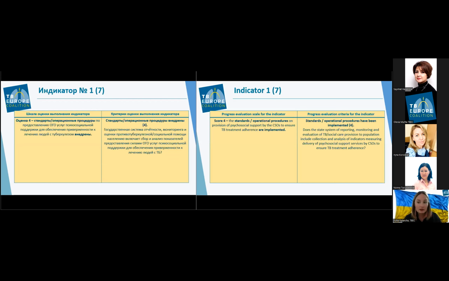This is a social assignment, social order. Second indicator is implementation of these standards in practice through the mechanism of social subcontracting or through any funding mechanisms existing in your country. And the next two indicators help us to evaluate the efficiency of implementation of the mechanism